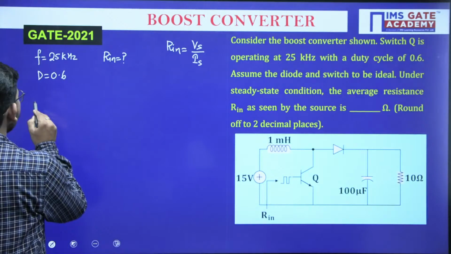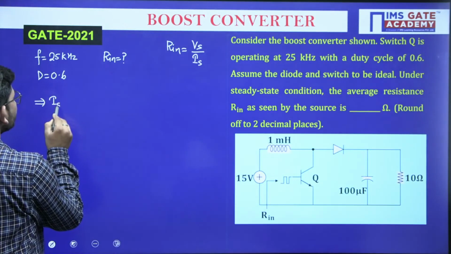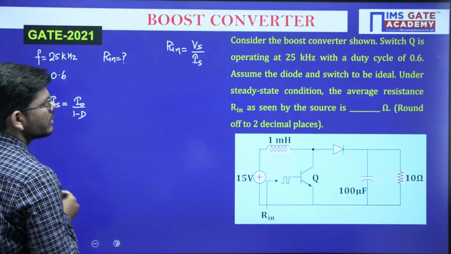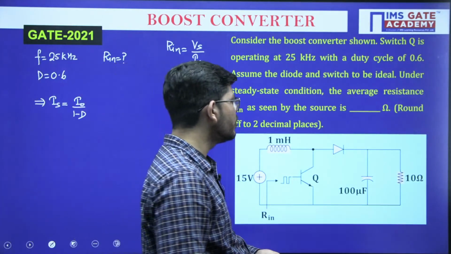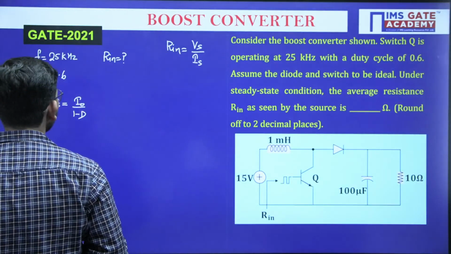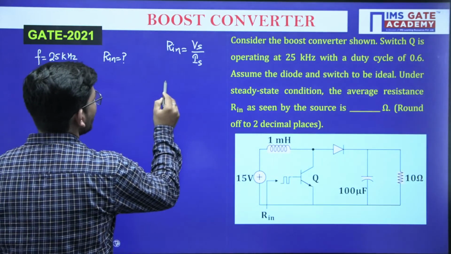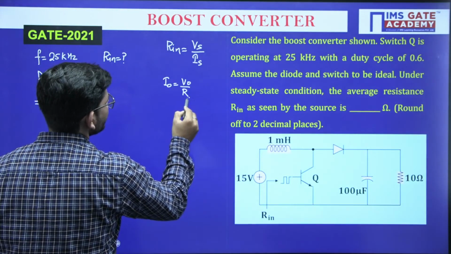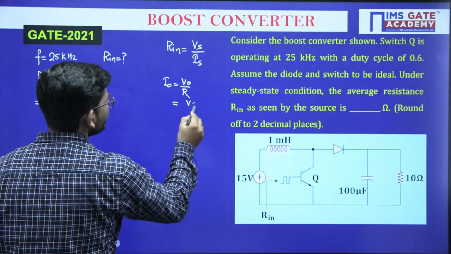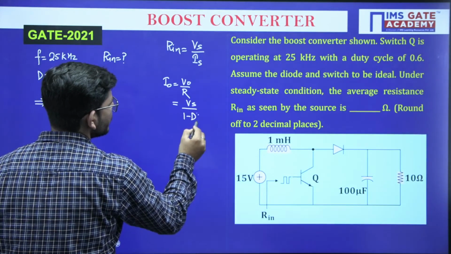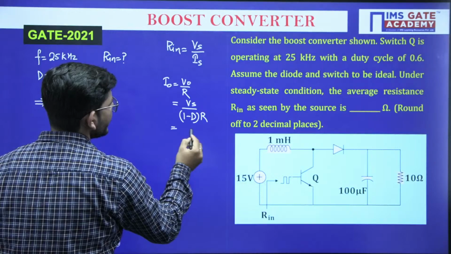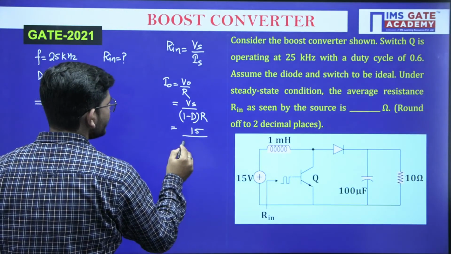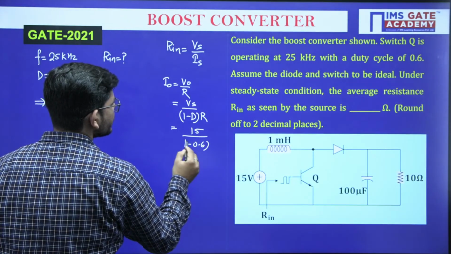So what will be IS? So in order to calculate IS, you know IS equals I naught upon 1 minus D. Now do we know I naught? No, we don't know. Okay. We don't know the value of I naught. So we have to calculate I naught first. So what will be I naught? I naught will be V naught divided by R. Now what is V naught? V naught will be Vs upon 1 minus D since it is boost converter. Now do we have the values? Yes, do we have? Vs is 15, 1 minus D, this is 1 minus 0.6 and value of R is